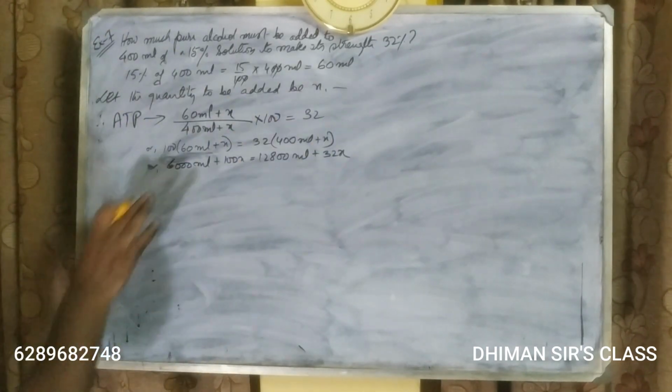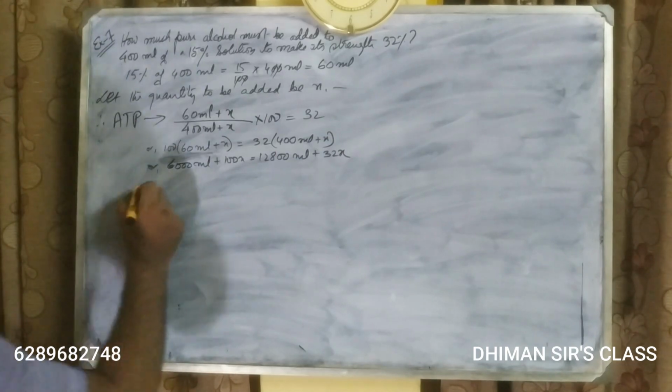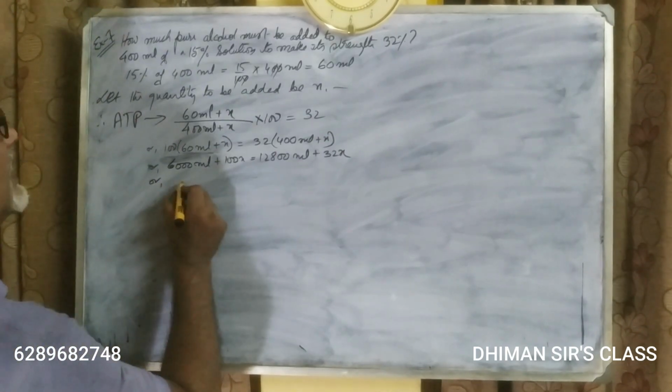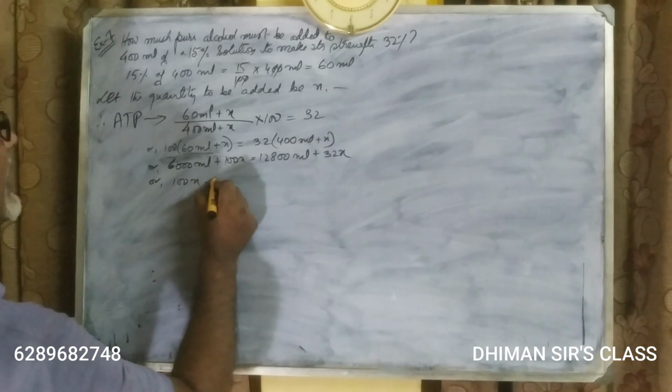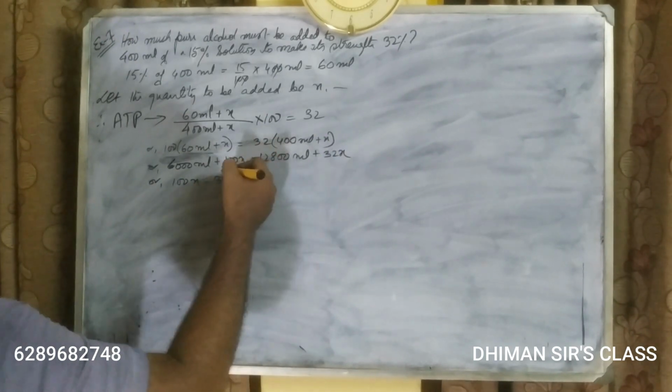Let this x come this side and this 6000 ml go that side, or 100x minus 32x, it was plus, it comes this side minus